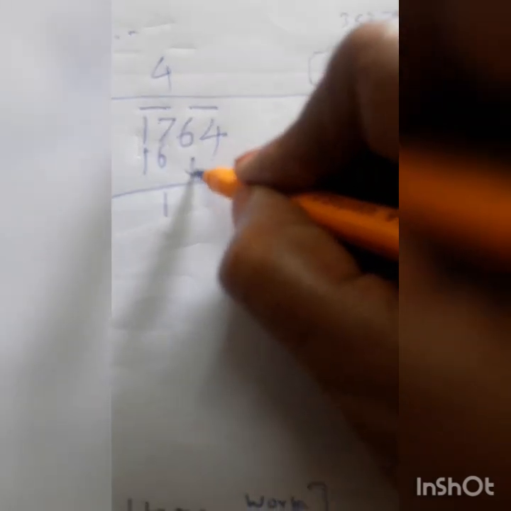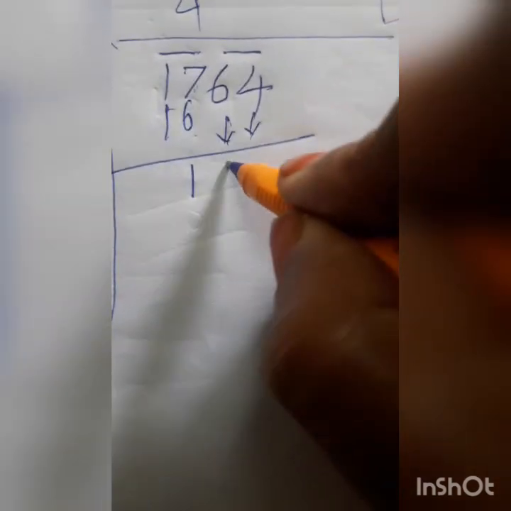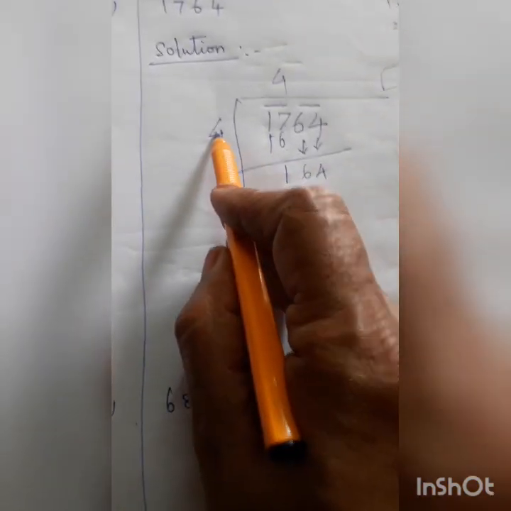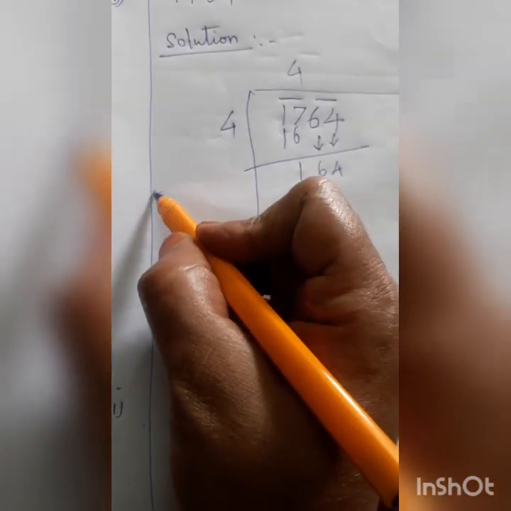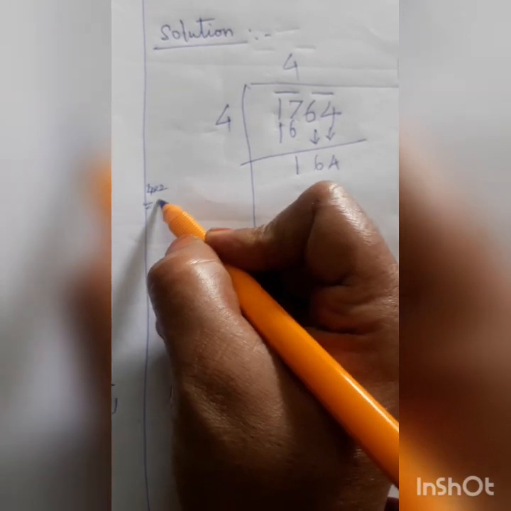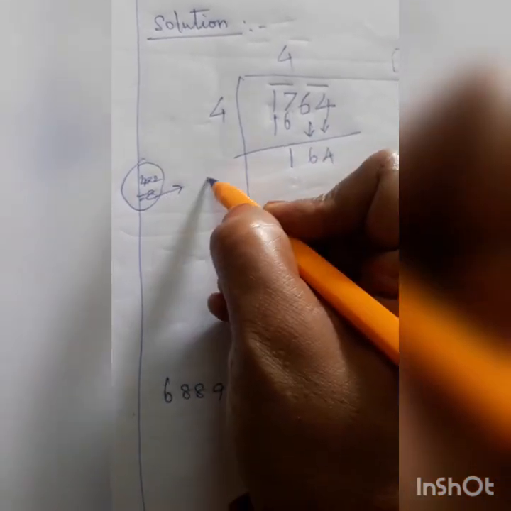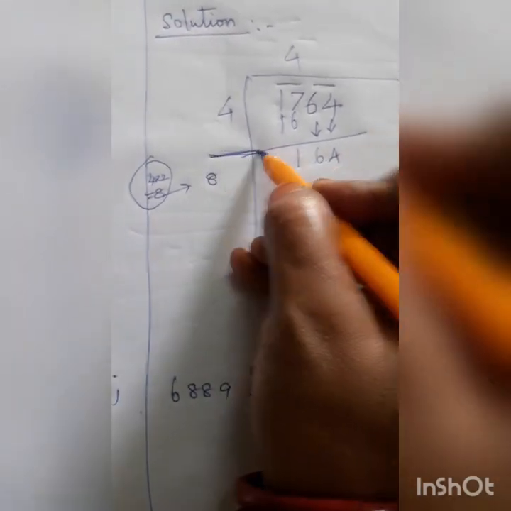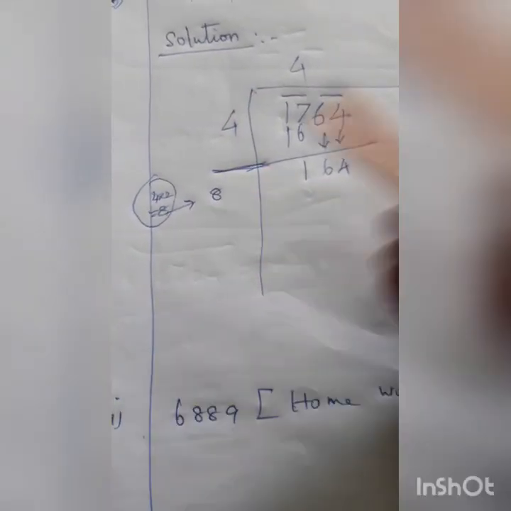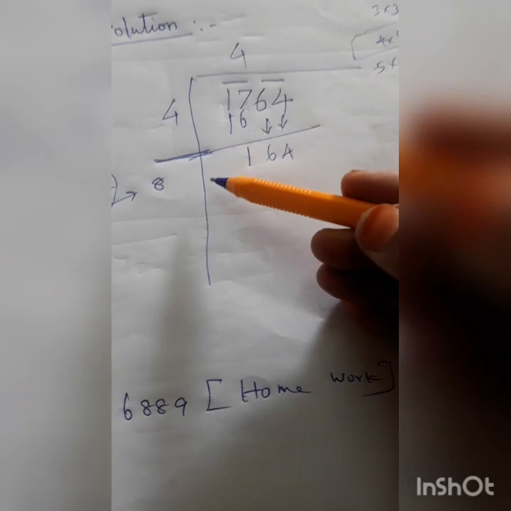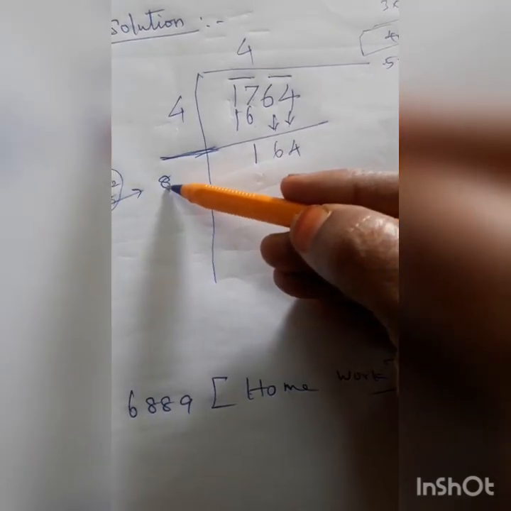Next step, these two numbers write down. The next two numbers are 64. Write it here. Right after here, the 4 comes; you multiply. 4 into 2, what is the answer? 8. So this 8 you write here. This is the second step. First step is over. Second step: first you write 8. I am not writing here, so leave some space and write 8 here.